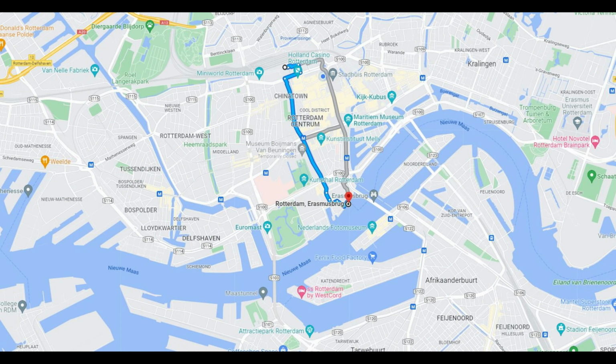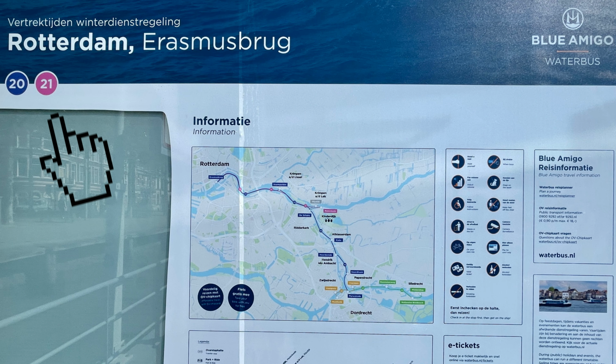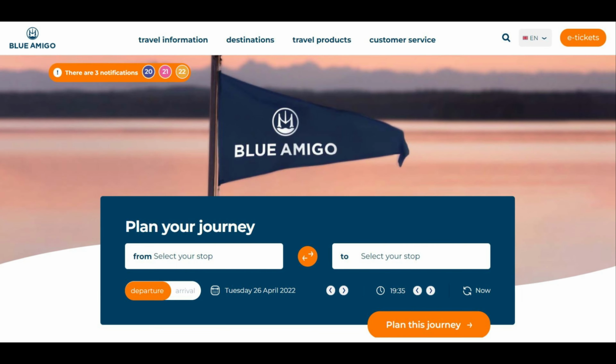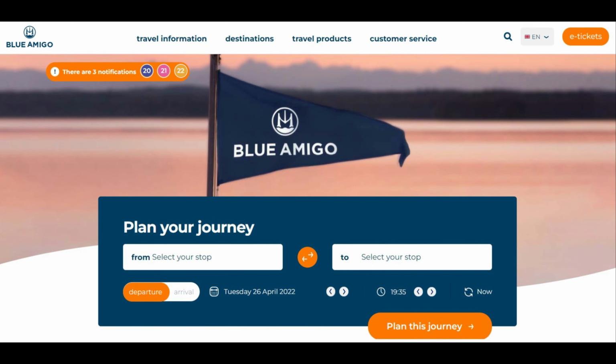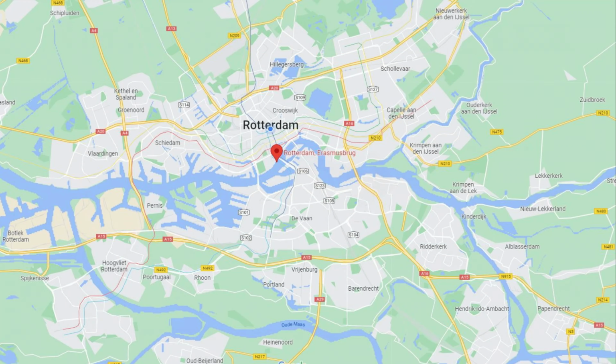From the Rotterdam Central Station, just head south towards the river and end up just south of the famous Erasmus Bridge. Catch the water taxi here to Kinderdijk. You want to specifically take ferry number 21, which is an express ferry which goes directly to Kinderdijk. You can book tickets on their app ahead of time or simply pay on board. The one-way fare is less than €5 and bikes are free. The ferry ride will take about 45 minutes and you'll be dropped off directly at the entrance to the windmill